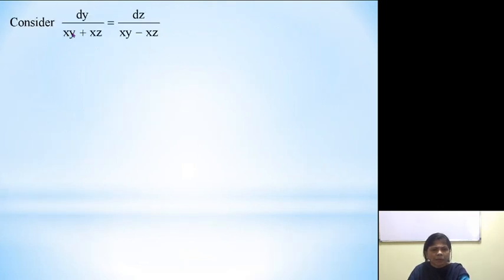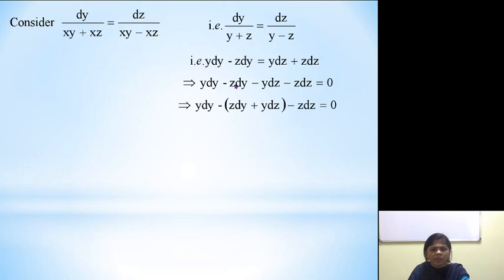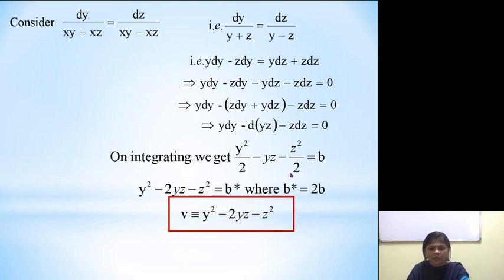Again, as I told you, we can consider the second and third fraction. X will get cancelled. I am completely having the terms of y and z. Let us cross multiply and arrange the similar terms, collect the similar terms. So we find here these two terms are nothing but the differential of yz. So here we have completely terms of y, this is the differential of yz, completely terms of z. So integrating, we get the desired answer. So in this way one can get the desired solution.